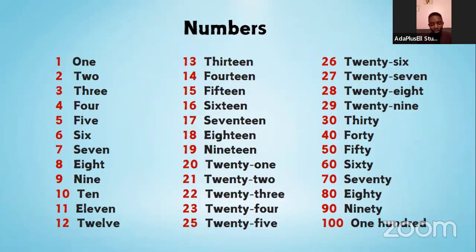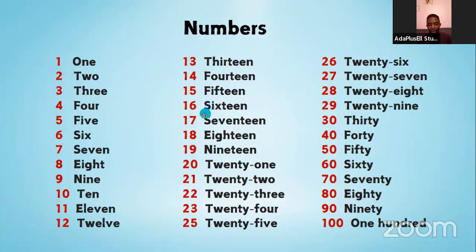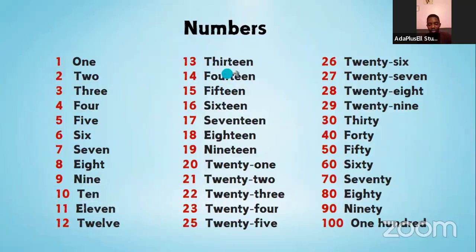Right. And when you see these numbers, you find out that from 1, 2, 3, 4, up to 10, they are different. They don't look similar. But when we go to 11, 12, 13, you start seeing they are taking a part of the other, like 12. So they take the 2, then they add the 11. Then when you see here also, you can find out that this is 13. And on 13, they're just adding 10.